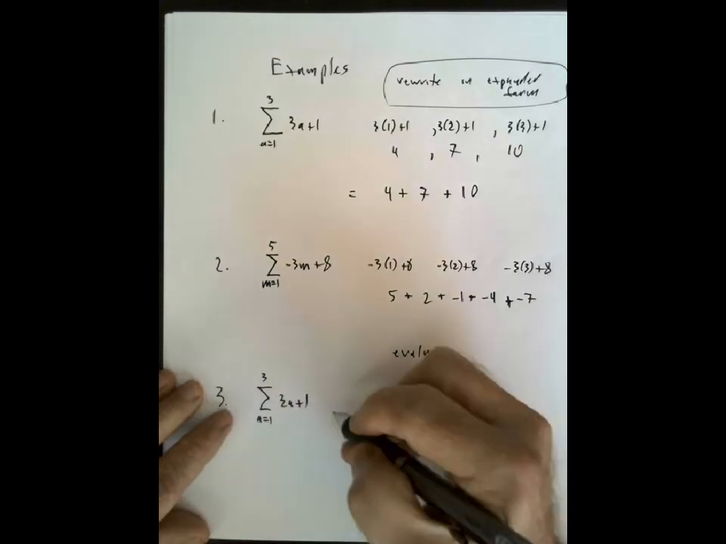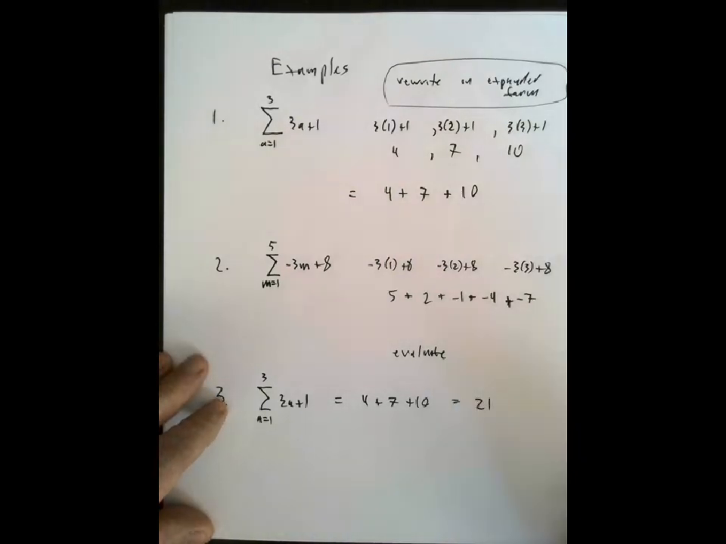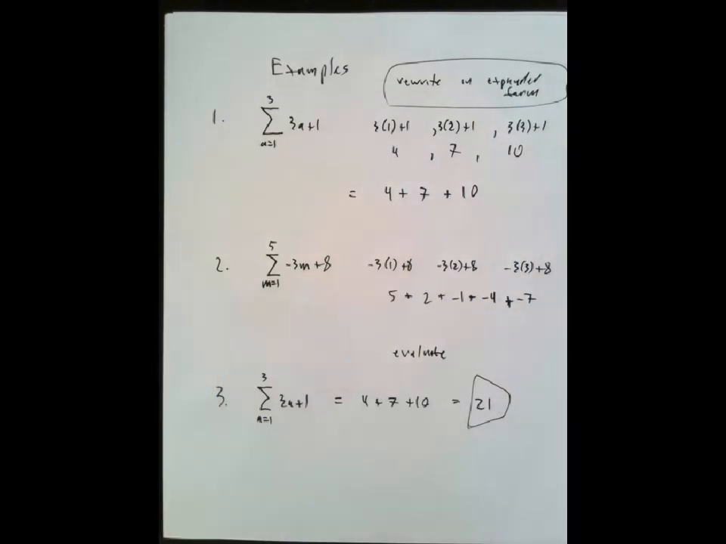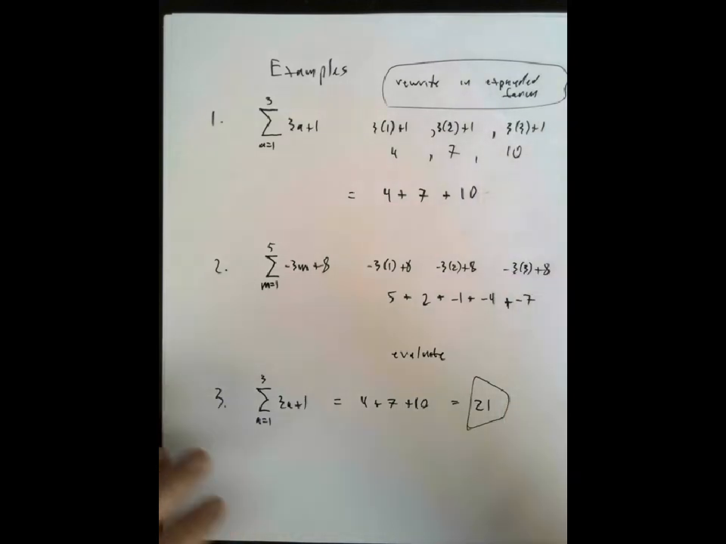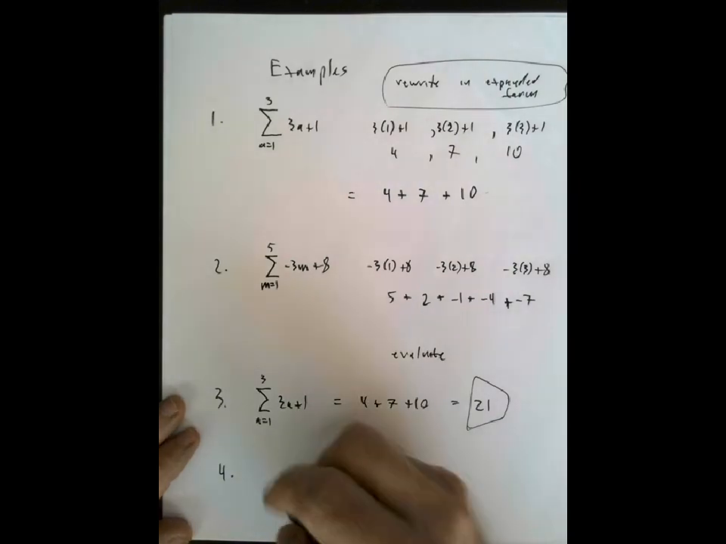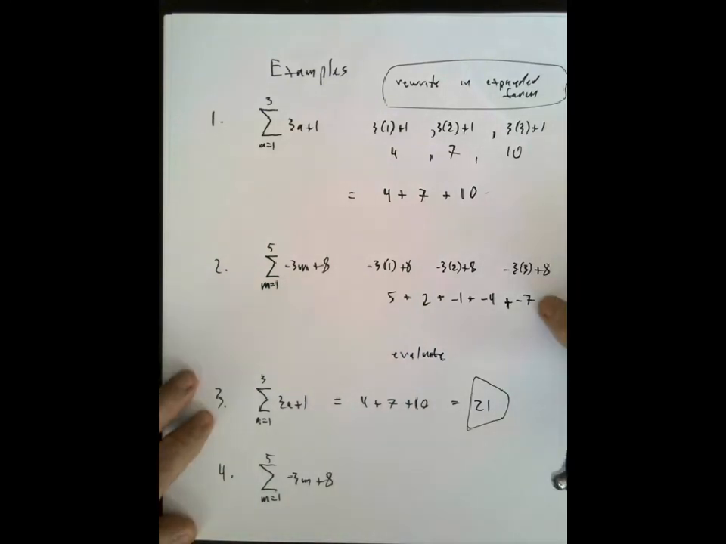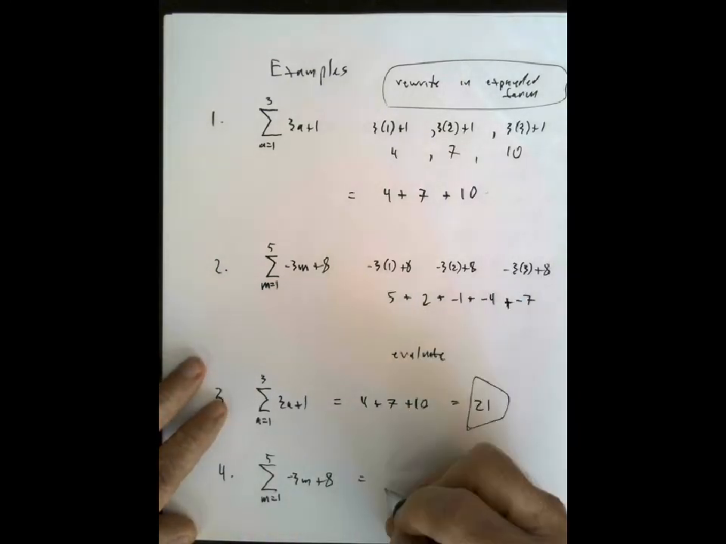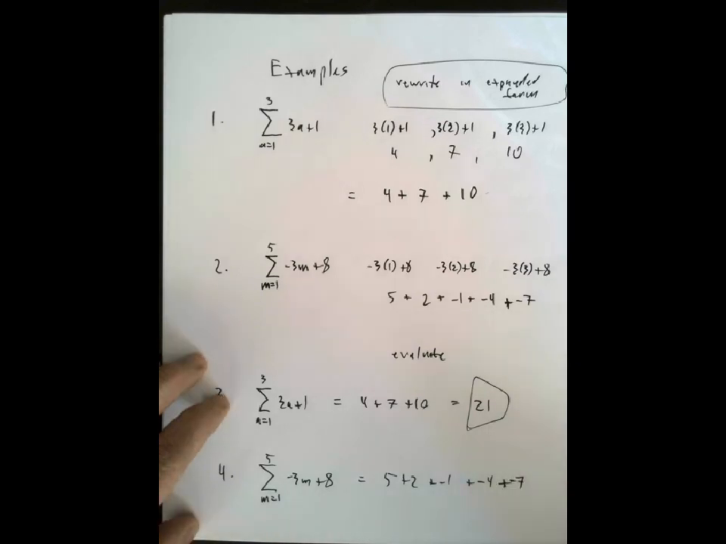So example 3, if we had to evaluate this series, well, we'd write out 4 plus 7 plus 10, right? And then we'd add those together. That works out to be 21, I think. So that is the sum of this finite series here, and that's how we evaluate it. Or number 4, if we had to evaluate this series, first we'd write out the first 5 terms like we did here. 5 plus 2 plus negative 1 plus negative 4 plus negative 7, right? And then we'd actually add those together. And unless my arithmetic is completely falling apart, that works out to be